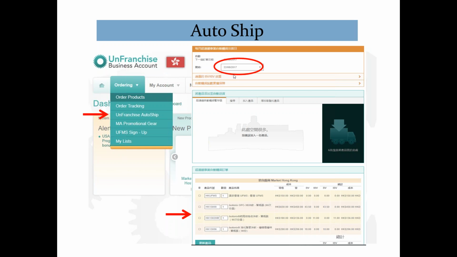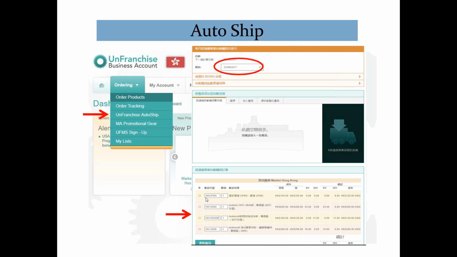So always change it 4 to 5 days before. Let's say this day is always on Tuesday, and it's safer to change on the Thursday before. If you do it on Friday, sometimes it does catch, and sometimes it doesn't. So keeping it 5 days before this day is safer. Okay, so 5 days before this day, you come in here and change whatever item,